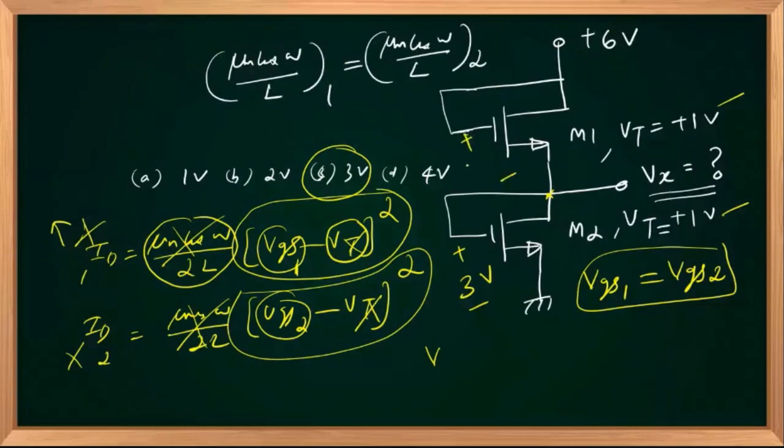This VGS is also 3 volts. And what is VX? VX is the same as your VGS. So that should be equal to 3 volts. Right. So without doing anything, by looking into the circuit directly, you can go for 3 volts. Don't be afraid if you are seeing more number of transistors. Is that clear? Any doubts? Let us wind up today's